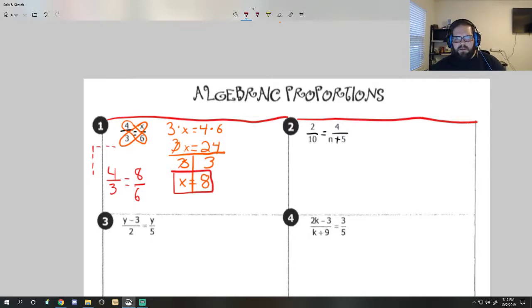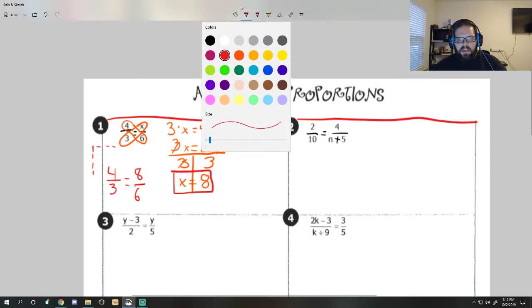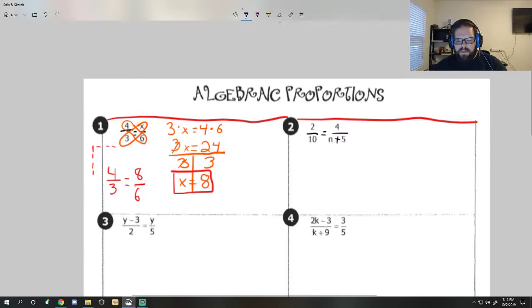This time it's going to be a little different. Not necessarily harder, but a little bit different. So we have 2, and we're going to circle. We're going to do our crisscross or our butterfly or whatever we want to call it. 2 times n plus 5, and then we have 10 times 4. So we have on one side 2 times n plus 5